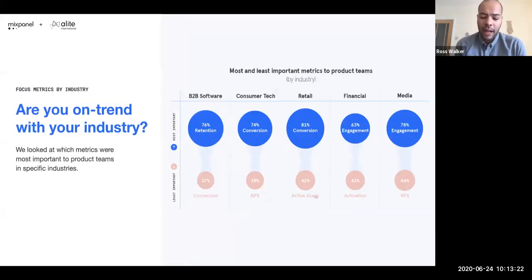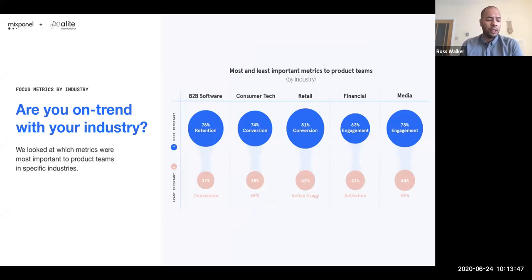So coming back to the point that I just touched on, it's about making sure that the metrics that matter the most to you are defined specific to your region and your industry. We then started to dig a little deeper into these metrics to understand how they break down depending on the industries you're currently working in and where you have released your products. And there were some pretty interesting results here.